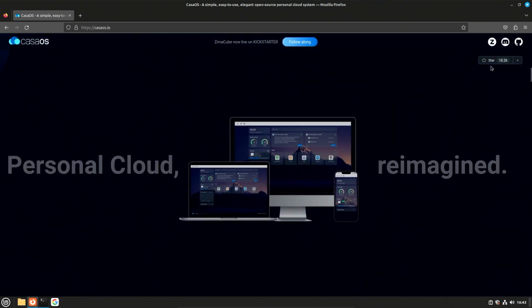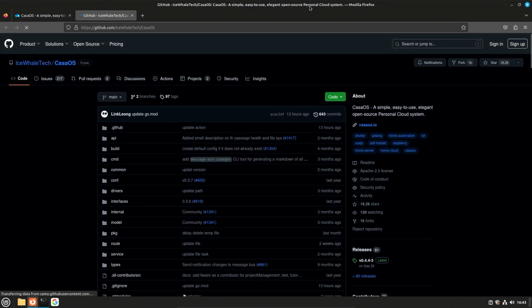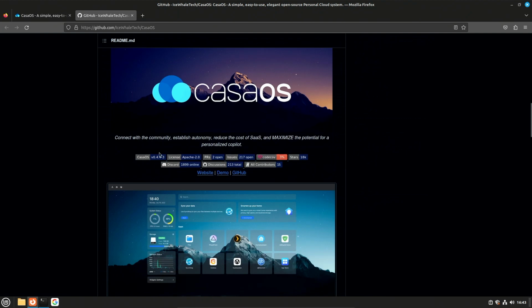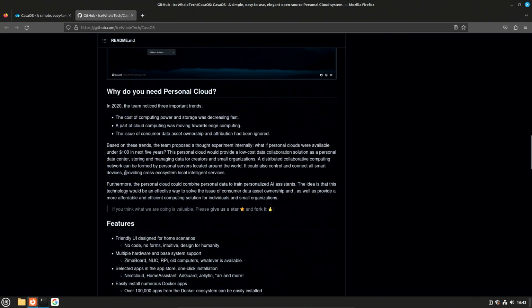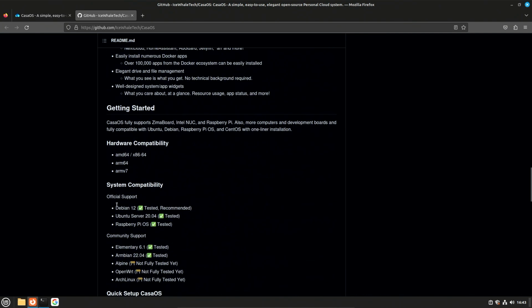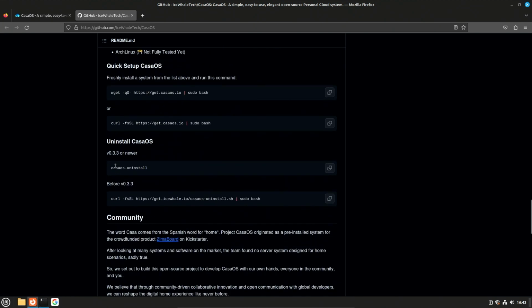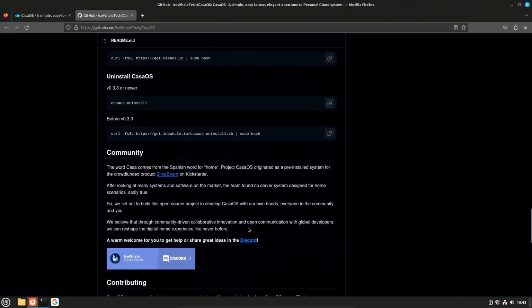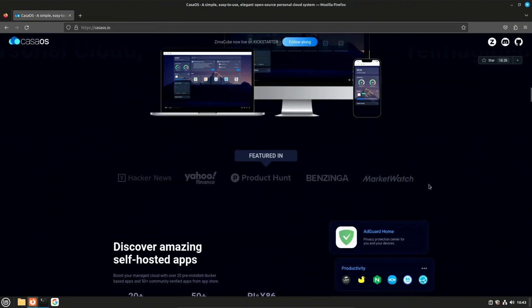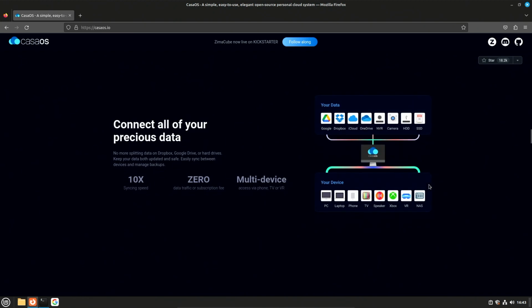So it is available on GitHub, so we can look at the GitHub page here. Like I said, it is open source, and you can see this is the repo for it. I don't know if I necessarily would run this as my preferred way of doing this stuff. I'm just testing it. I've actually never even used it before today, but it is pretty cool. So let's go ahead and take a look at the website a little more.